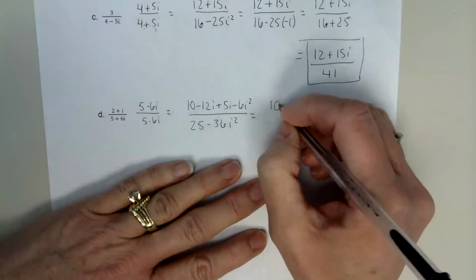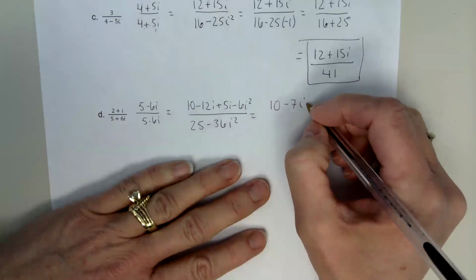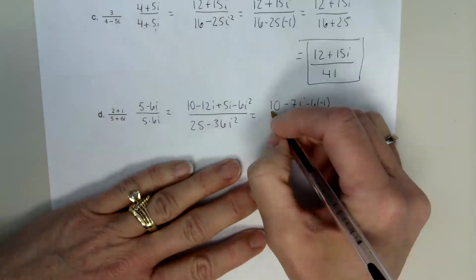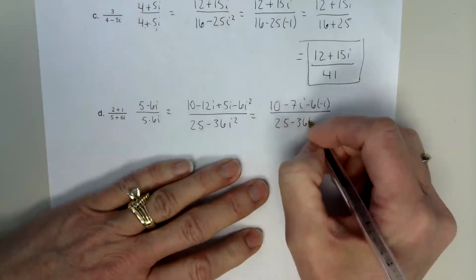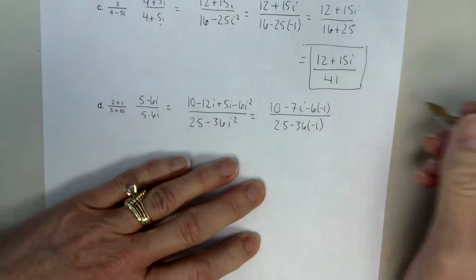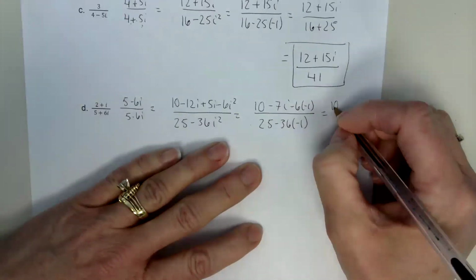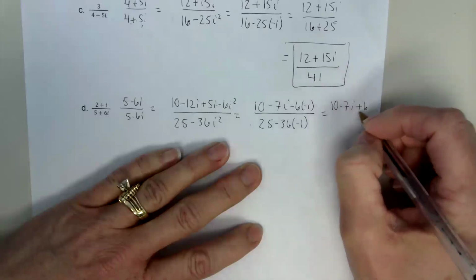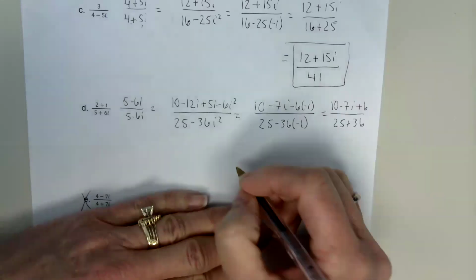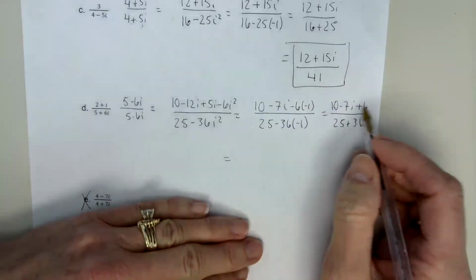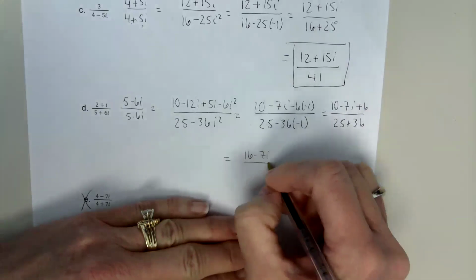So on the top we have 10. Combining our like terms, we have a negative 7i minus 6 times a negative 1. On the bottom, we have 25 minus 36 times a negative 1. So simplifying a little bit more on top, we have 10 minus 7i plus 6. On the bottom, we have 25 plus 36. And combining the constants on top, we have 16 minus 7i over